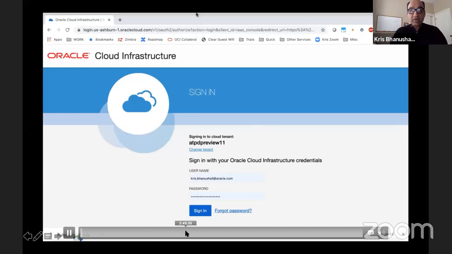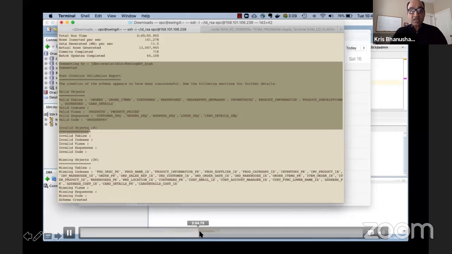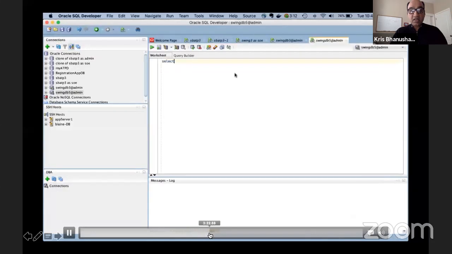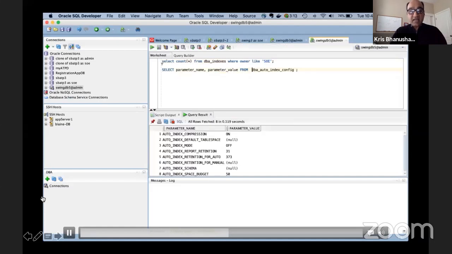Oh, sorry, I rewound too far. Let's go back to the spot here. Okay, so I'm going to take a look at that, and it says that auto indexing is turned off, right? So you can see all the parameters.